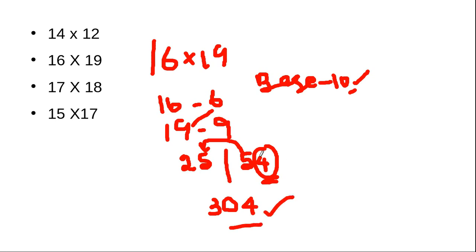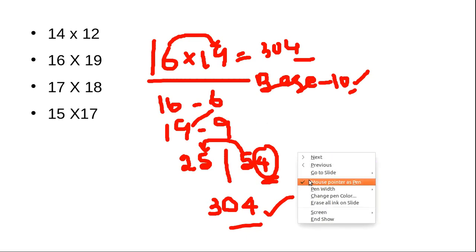So we don't need to calculate like this; I am doing this for you for explanation. For questions like 16 and 19, you can simply add 6 plus 9 is 25, and 6 into 9 is 54. That 25 plus 5 gives 304. We can do this calculation by heart. There is no need to do this kind of calculation in writing; I'm doing these calculations for you for explanation.